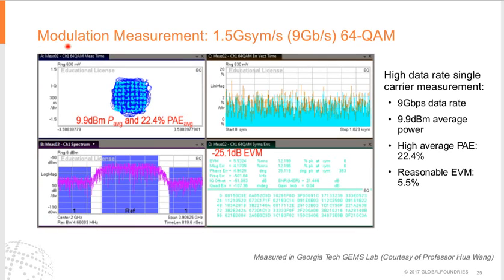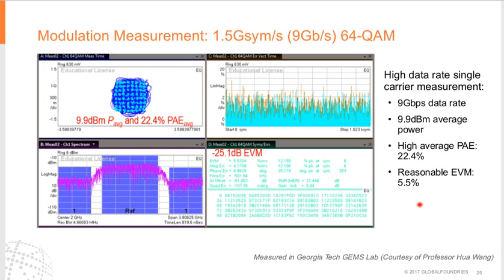So we also measured the modulated signal. We also did the modulation measurement. The high data rate measurement is based on a 64-QAM, one carrier measurement. We back off about 6 dB from the peak, we back off 6 dB to 10 dBm of the power. And then our PAE is 22.4%. And the EVM is about 5%